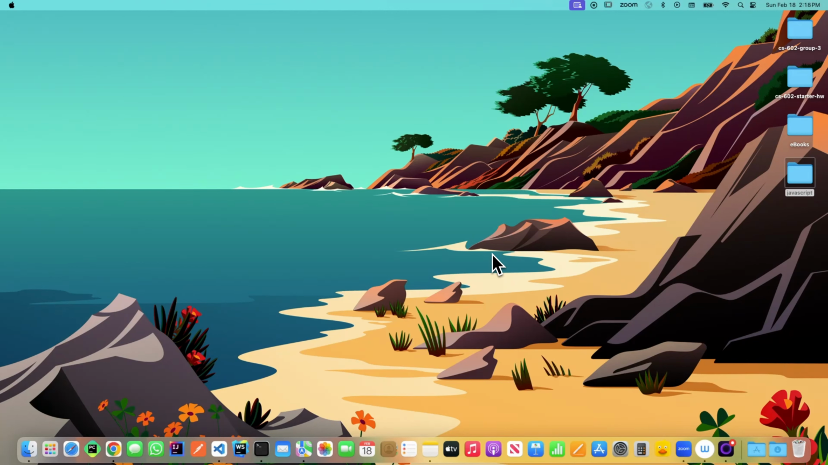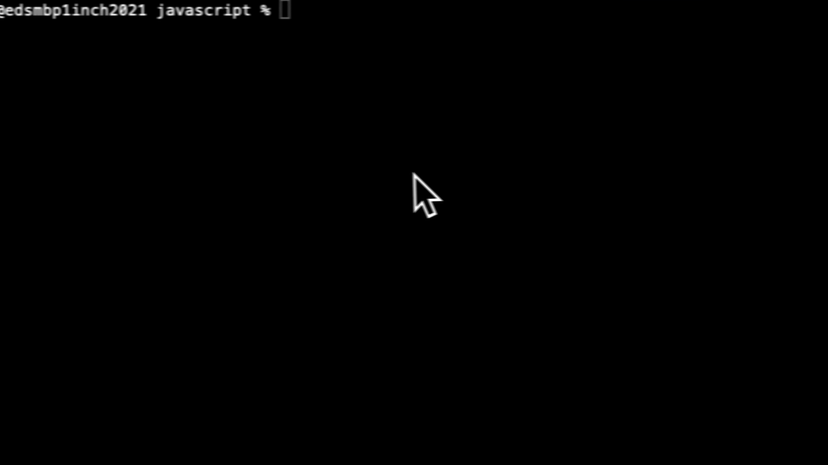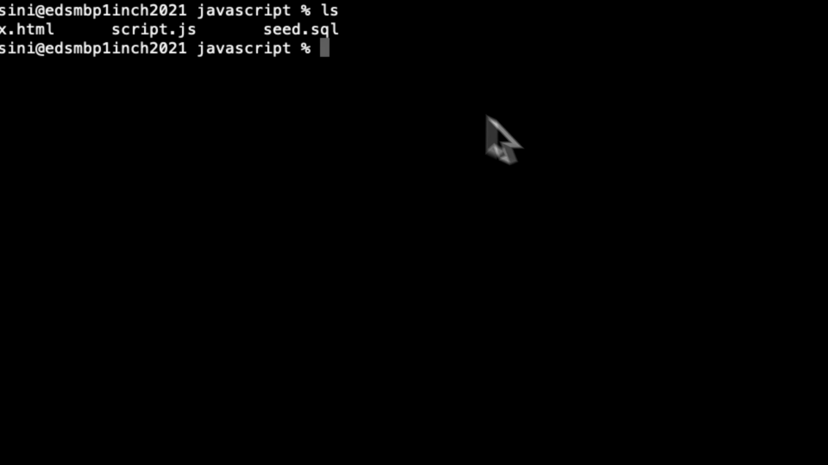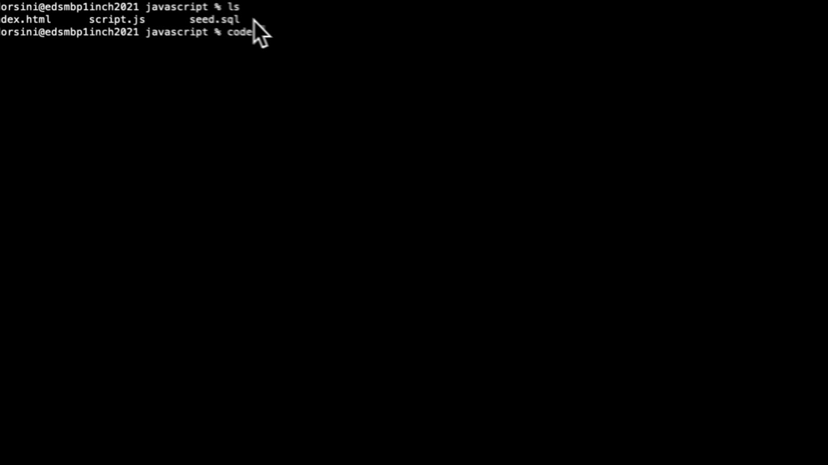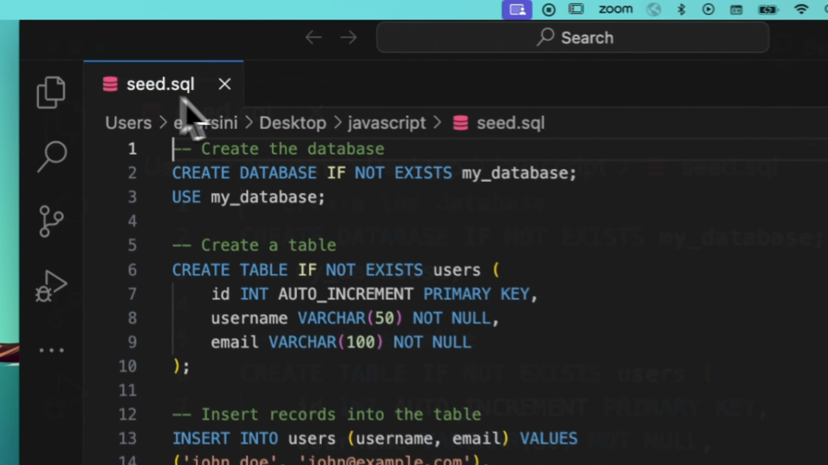I want to cover the mysqldump command when working with MySQL. Before we do that, I want to show you what a seed SQL script would look like. That's a seed SQL script here. If I open that up in VS Code, we're going to see that this is